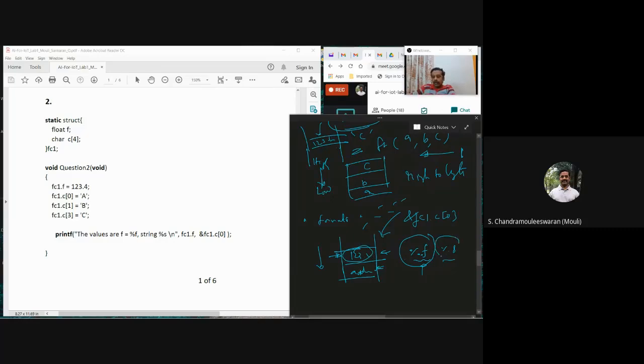And then when it encounters a percentage s, it knows that it is an address of a string which is passed to the function. So it knows that an address is passed, and then it tries to print a string. It starts from the address and starts printing everything that it encounters till null. Okay, till it encounters a null, which is nothing but a 0, it keeps printing.